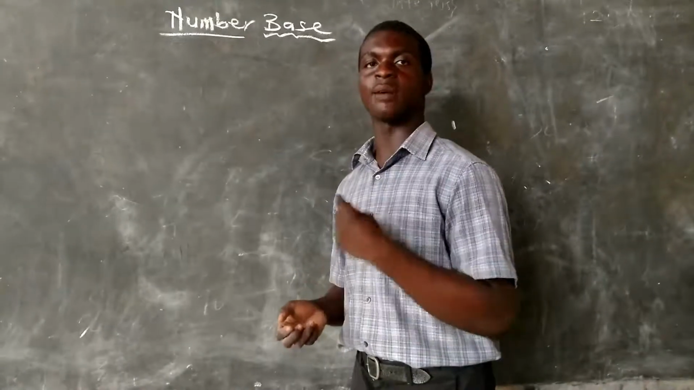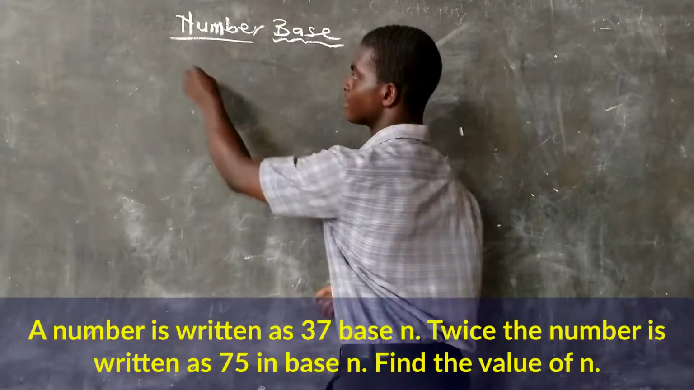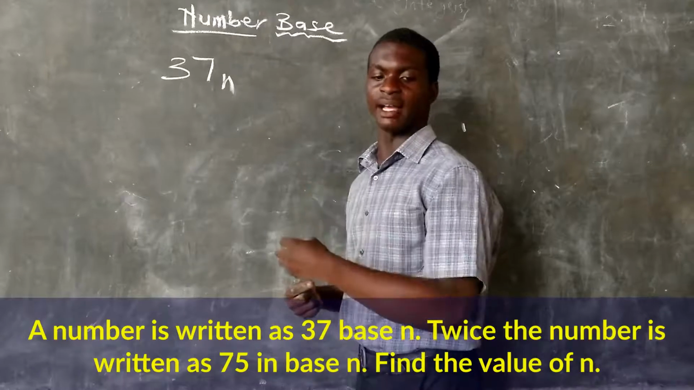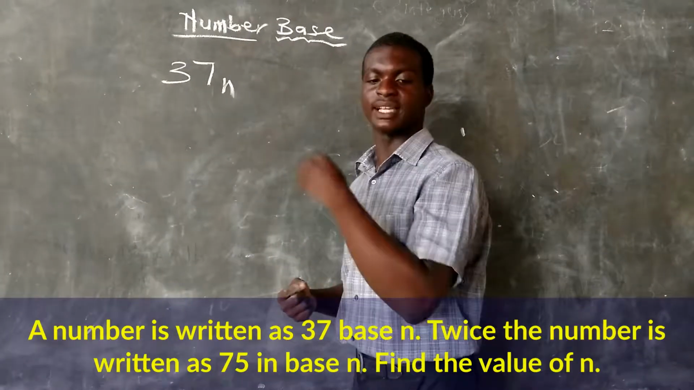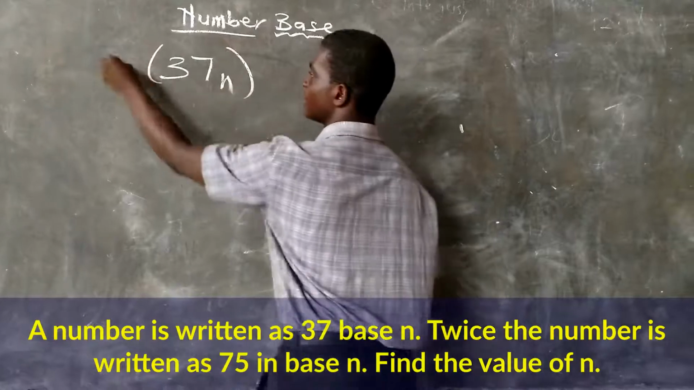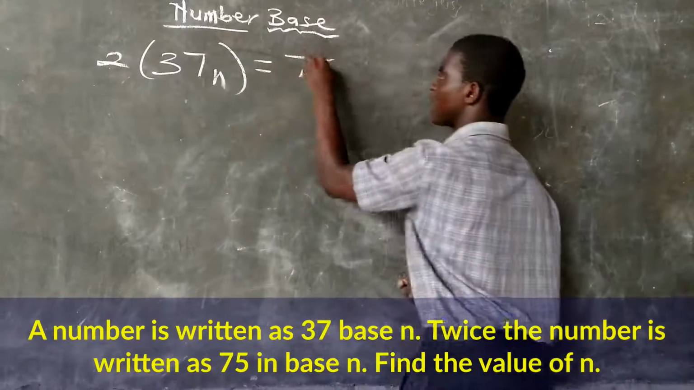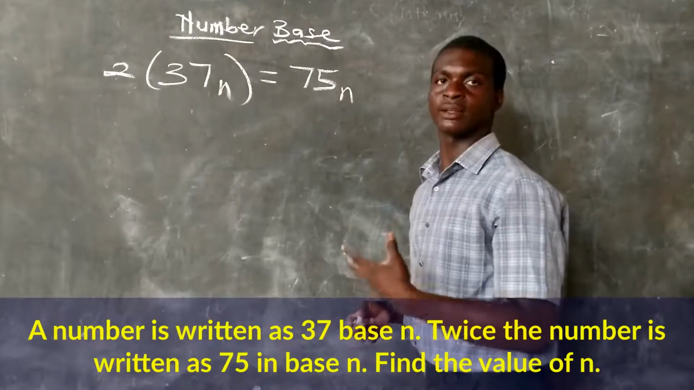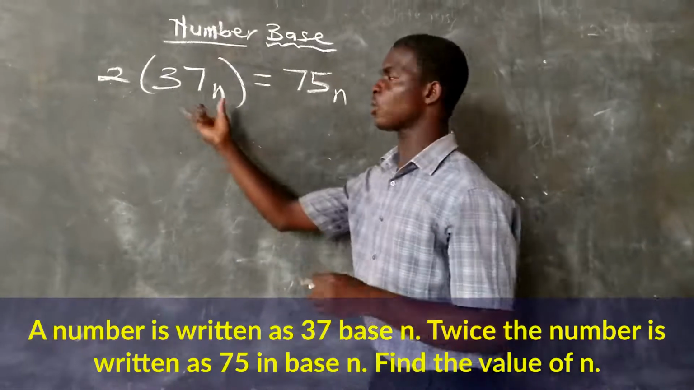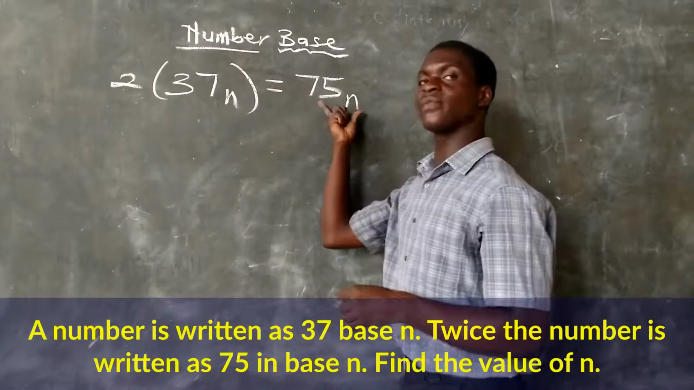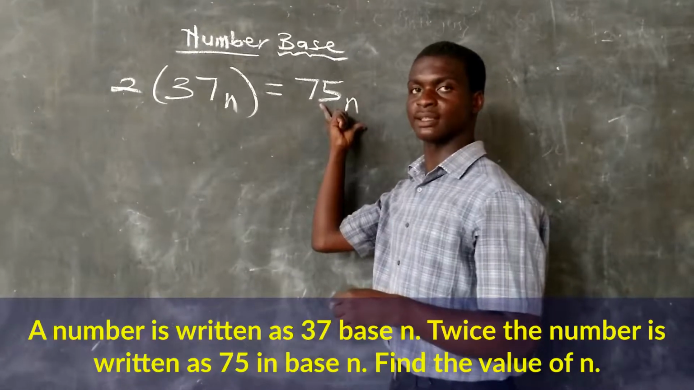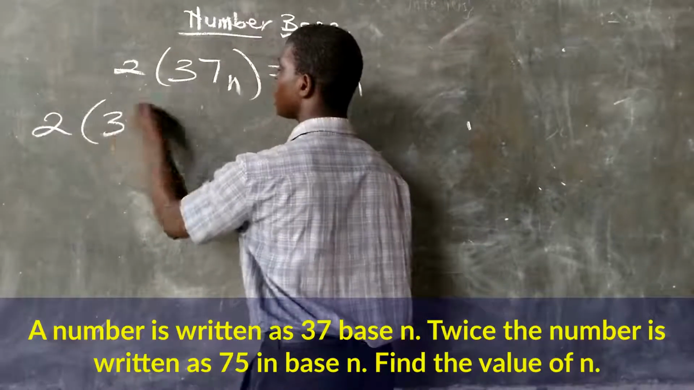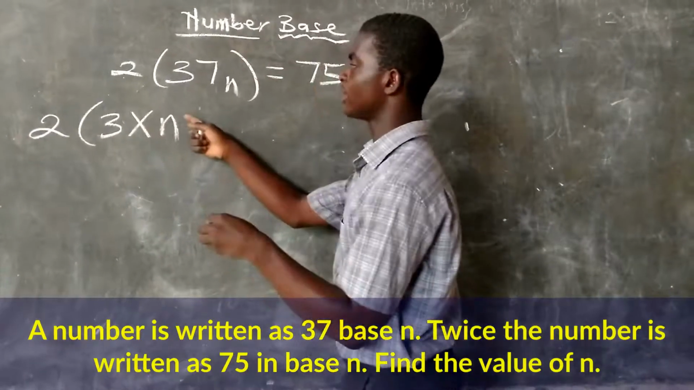Next question says, a number is written as 37 base n, and twice the number is written as 75 base n. And so twice of this gives us 75 base n. And it says we are to find the value of n. And so we have to change what is in the bracket and 75 base n to a number in base 10. And so we have 2, bracket open, 3 multiplied by n to the power